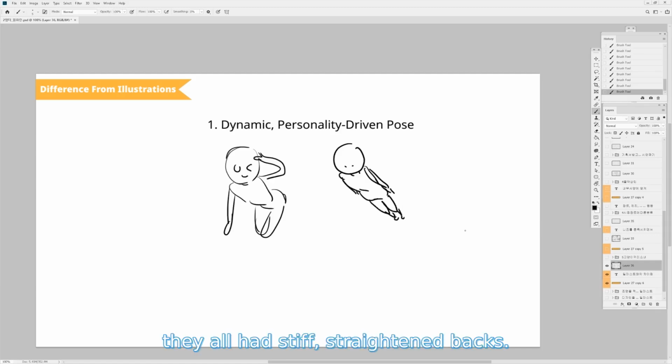Like a human pole, they all had stiff, straightened backs. Why did I do so? Here's why. I thought I wasn't allowed to cover the design, so I kept drawing this way without even realizing it. The concept art already did its role as the blueprint and showed the design, but the habits as a